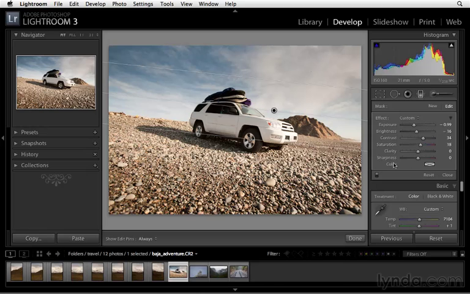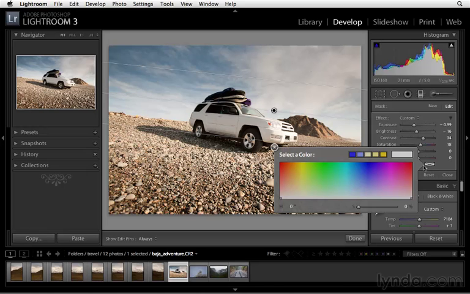Or if I want to go even further, I can click on this color swatch here, and I can pick any kind of a color here. And we can see that we can add a real drastic color change. It's following the same gradual type of adjustment. We can also go to a blue, right? And if we find a blue that we like that's too intense, we'll simply lower the saturation, and you can see how that's picking a little bit of a more subtle blue, I should say. So we can try to find kind of a subtle adjustment in this particular case,